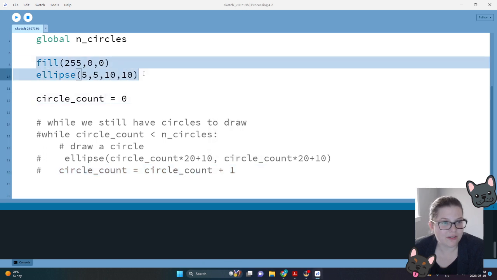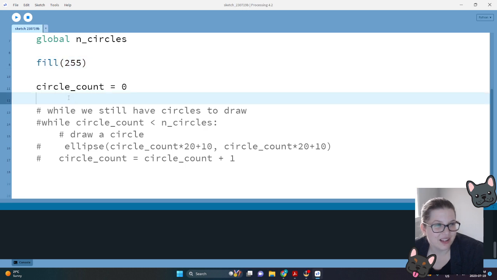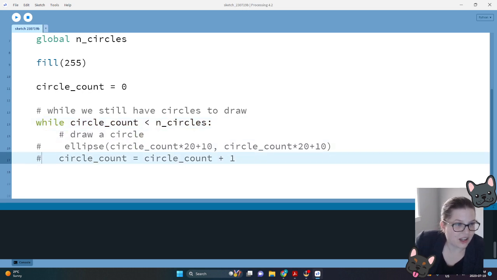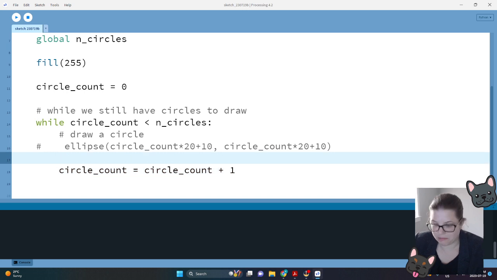So now I can get rid of this little debugging that I have here. I am going to leave that fill, but I'm going to just make sure that it's white, which should be 255 if I remember correctly. I'll leave my circle count, and then I'm just going to have a while circle count is less than n circles. Let's just print out the value of circle count. And so to do that, I'll just add a print statement, circle count, and make sure that this is working properly. And if I hit run,